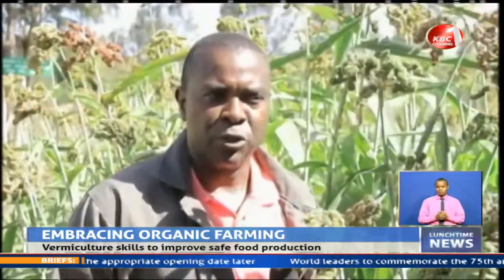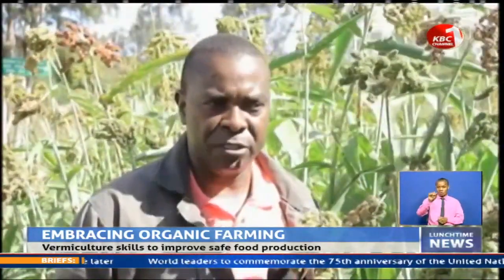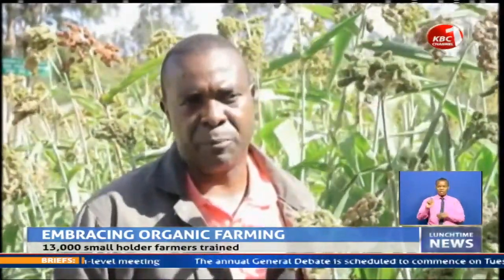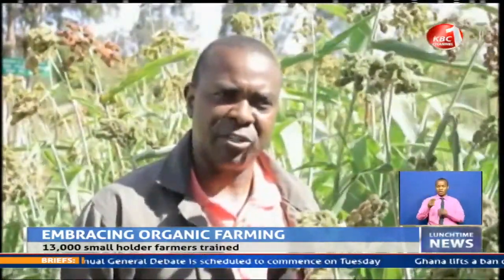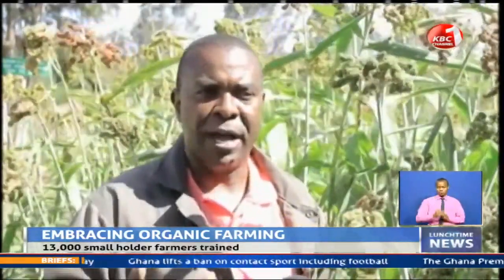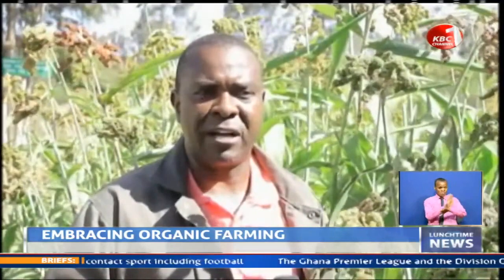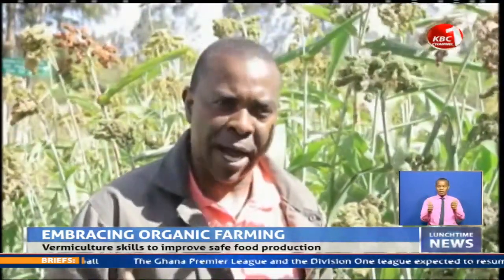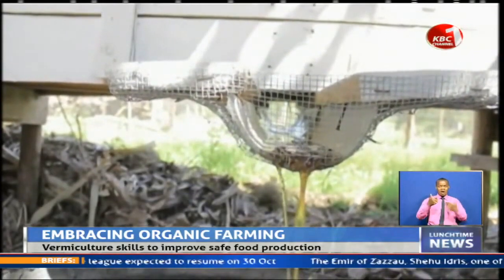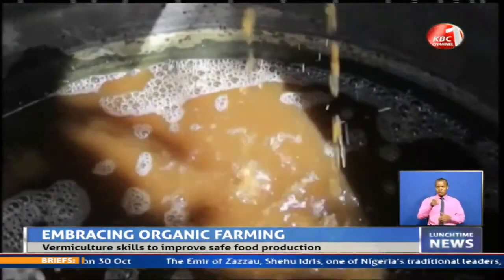The compost is the most important thing that's helping farmers to build their soils, because our soils are totally dead. Because the pH right now, if you test the soils in Kenya, mostly the pH is 4.8 and below. And that means that the soils are acidic. And so for you to revive the soil and bring the acidity level to the acceptable level, you have to add in compost. The worms produce vermiliquid or tea, a pest repellent that farmers can spray on their crops to